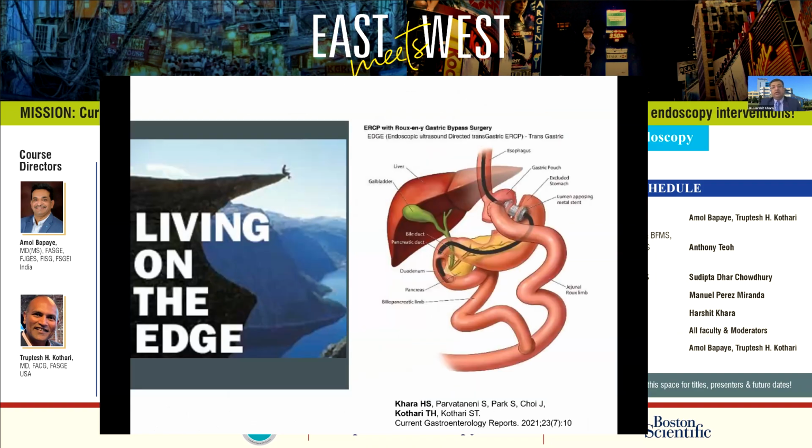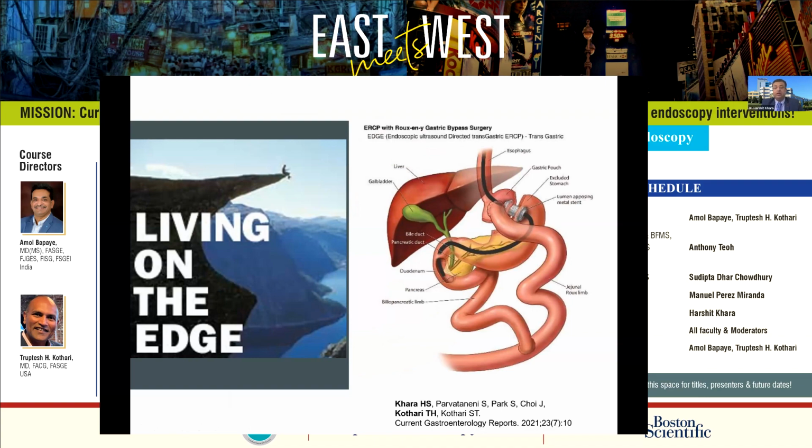But we're dependent on the surgical techniques and the OR availability and the combination. But this has been a game changer where we've now come up with this EDGE procedure where we as interventional endoscopists are able to get access into the remnant stomach and still use our traditional procedures and devices. So this is kind of the best of both worlds where we have endoscopic access and we can still use